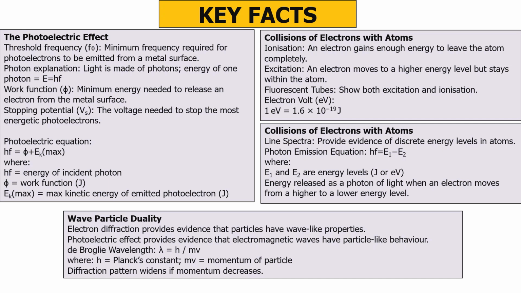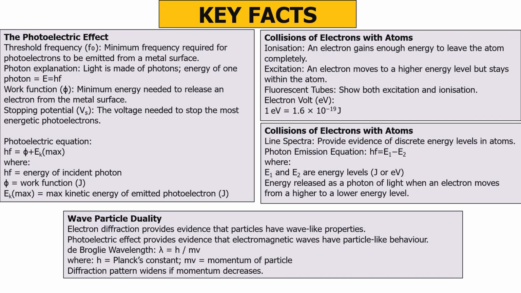When you have more collisions with electrons, what you must be aware of is line spectra. Now, that provides evidence of discrete energy levels in atoms. The photon emission equation is hf is equal to E1 minus E2, where E1 and E2 are energy levels. Now, energy released as a photon of light occurs when an electron moves from a higher to a lower energy